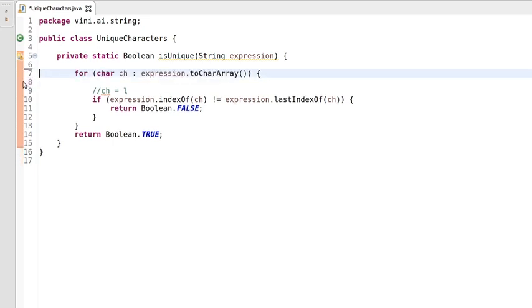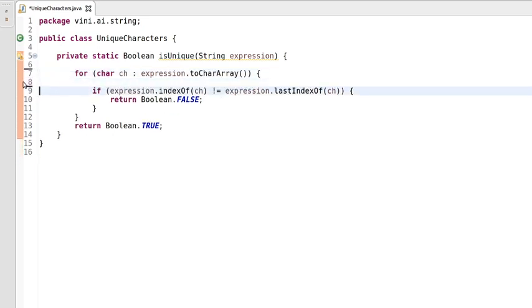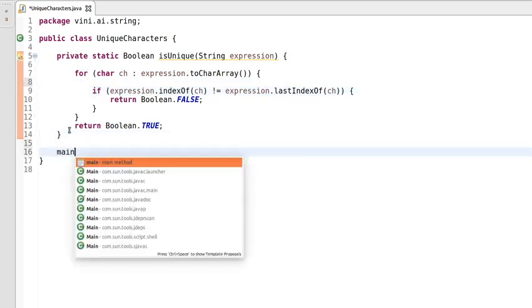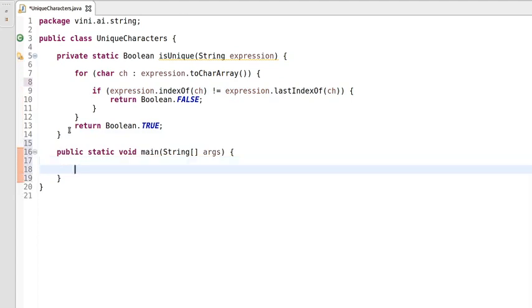Let's write the main method and test our small logic.